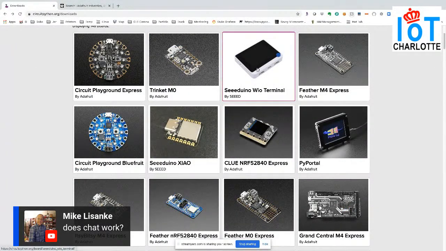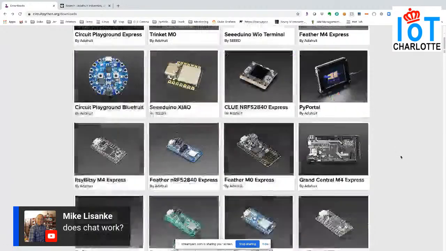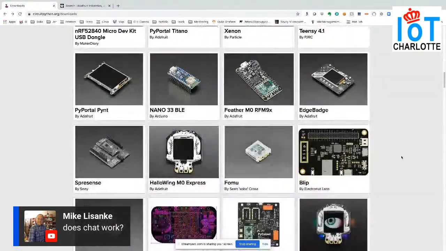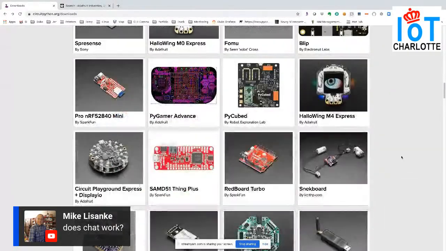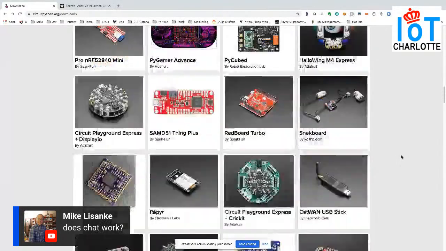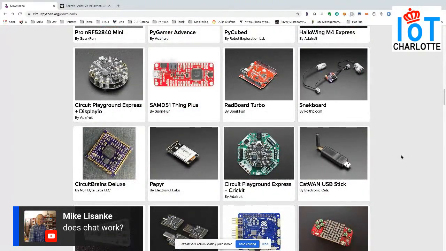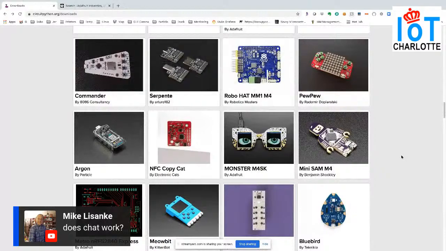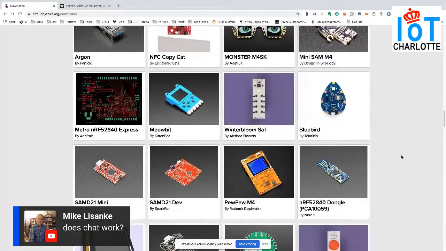The Arduino YO terminal has Wi-Fi built in. It also has Bluetooth, but there's no code available for it. And that's the same thing with the ESP32 S2. It's got Wi-Fi built in, but they don't have support for it yet. So it'll be a while before they do.